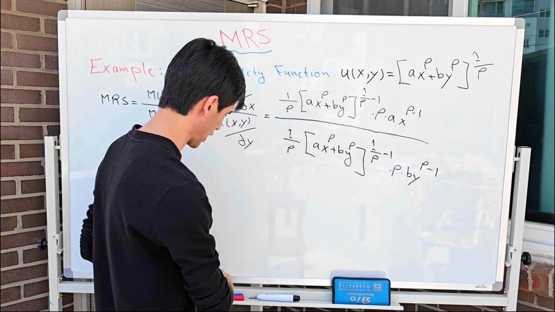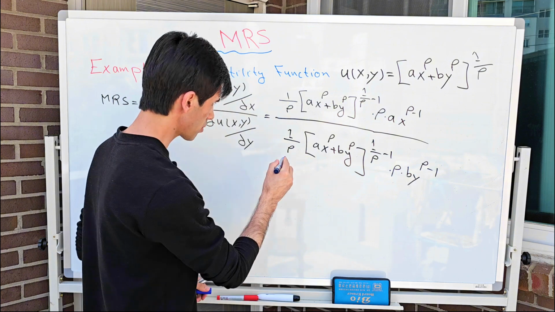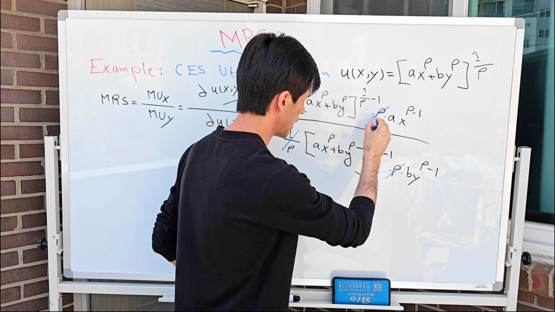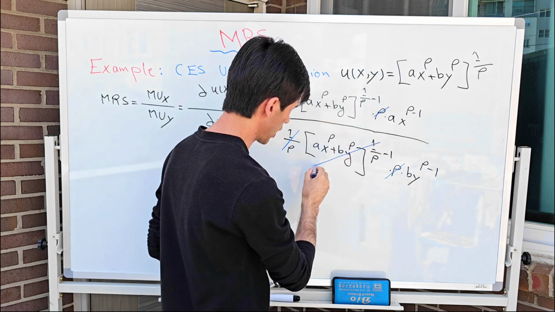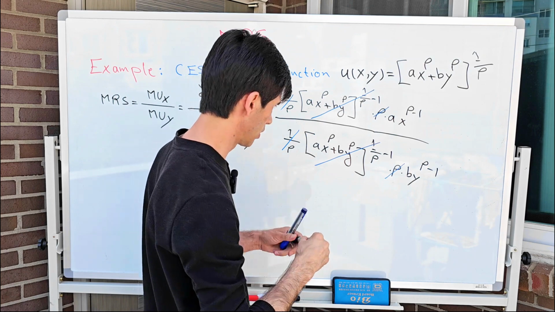So there are some common terms that we can cancel out: 1 over rho with 1 over rho, this rho with this rho, and this term will cancel out with this term. So we will remain only with